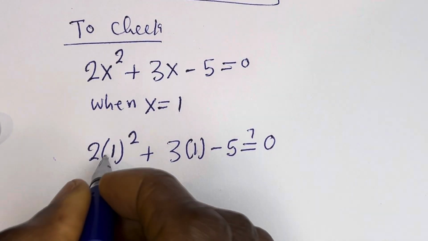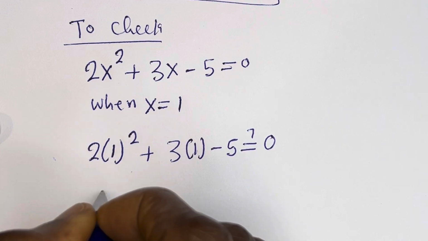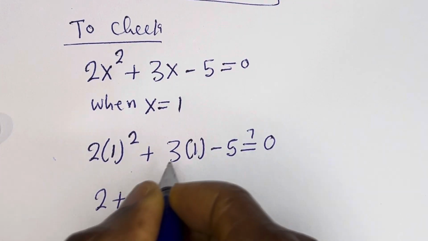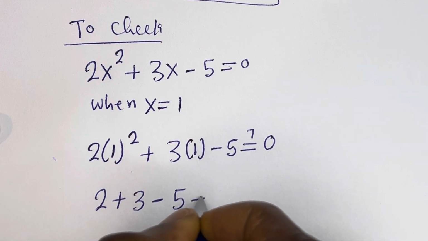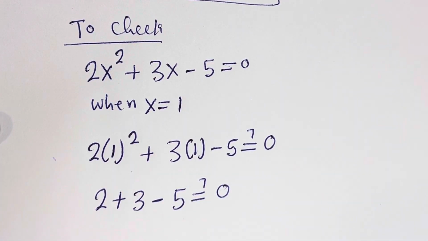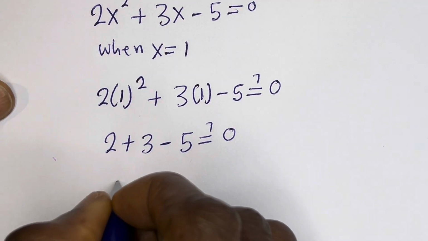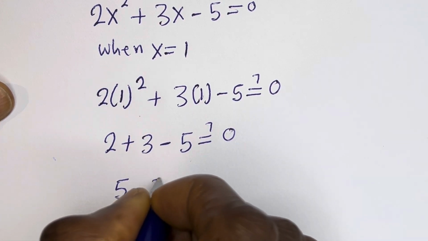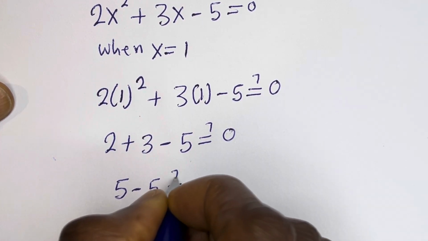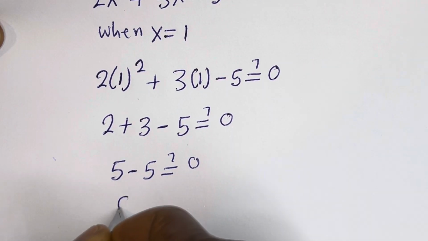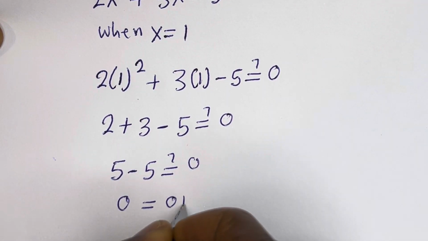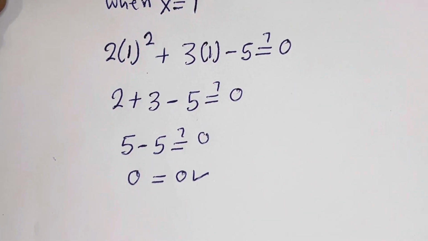Then 1 squared is 1, times 2 is 2, plus 3 times 1 is 3, minus 5 must be equal to 0. 2 plus 3 is 5, minus 5 must be equal to 0. 5 minus 5 is 0, so 0 is equal to 0, which is true. Also,